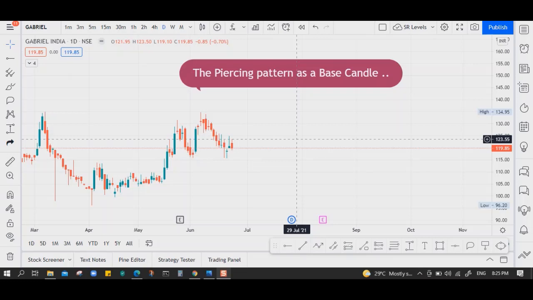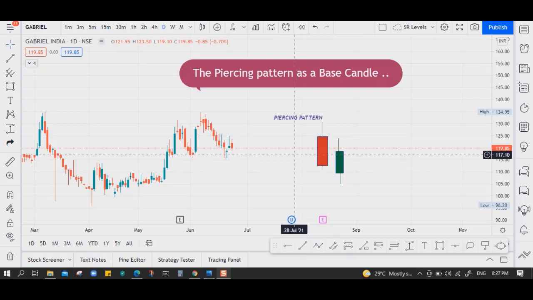So let me draw you the candlestick pattern here. Okay, this is how the piercing pattern looks in our chart. When it happens in a downtrend, it indicates a trend reversal. This pattern alone is not enough to decide whether the reversal is valid or not, but that is not our topic. What matters now is to be able to identify this piercing pattern when it occurs at the beginning of a strong move, and then use it as a base candle to draw the supply and demand zones